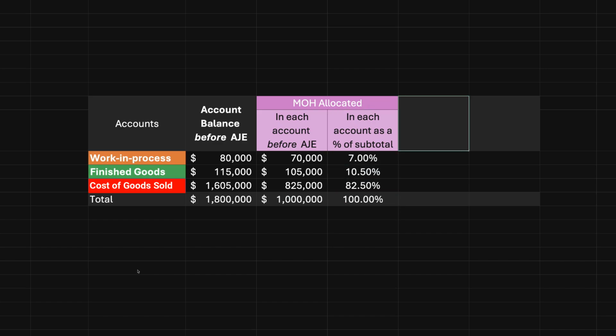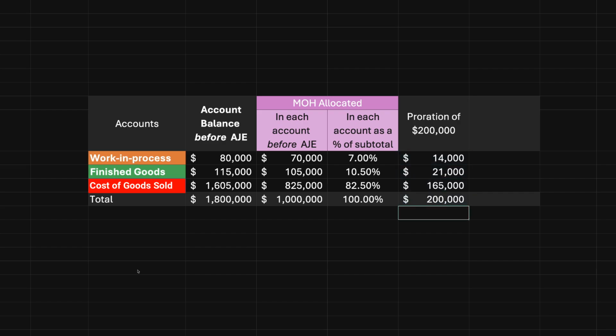And now we can go ahead and actually do the proration of the, in this case, under allocated $200,000. And we'll do that as follows. We'll take the 200,000 and we'll multiply that by 7%. Once again, we'll take 200,000 and we'll multiply that by 10.5%. And we'll take 200,000 and multiply that by 82.5%. The total